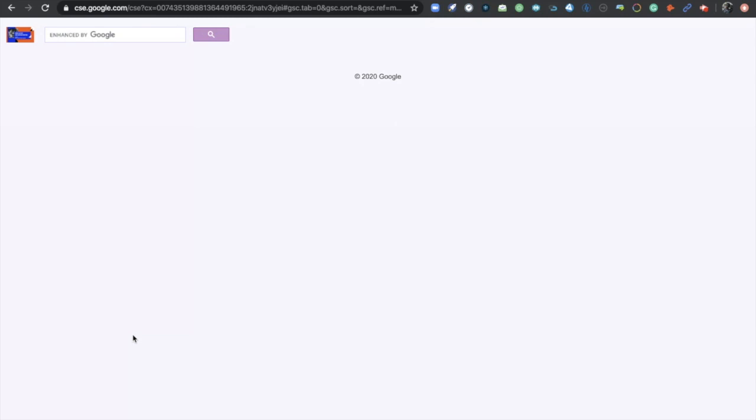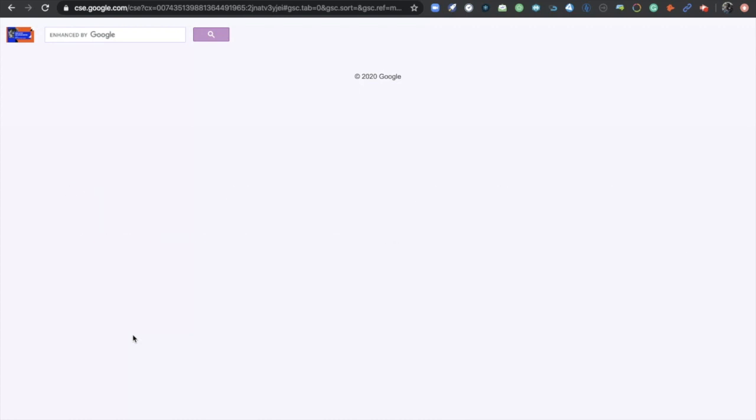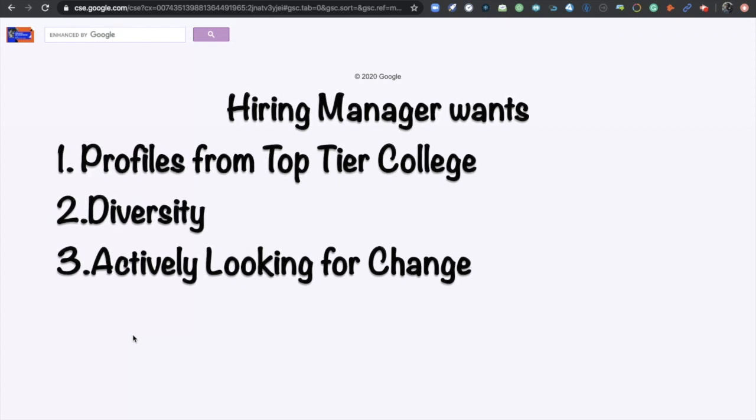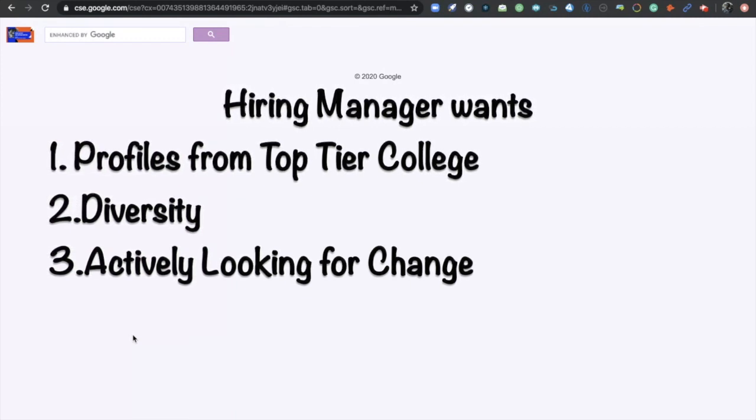So I would give you a small example. With that, I will take you through how this search engine works. For example, you are sourcing profiles for a specific job role, and the hiring manager has a couple of requirements: you need to source profiles from top tier colleges and diversity profiles, or the hiring manager is looking for candidates who are actively looking for a change.